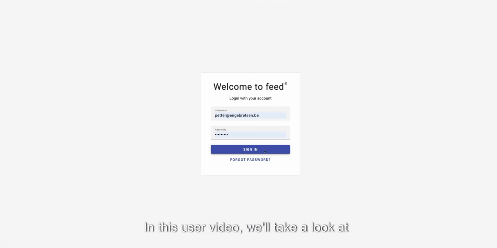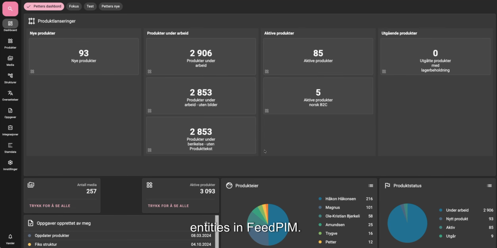In this user video, we'll take a look at entities in Feed PIM. Entities are a type of data object that you can model yourself. While products have a fixed structure, entities are flexible building blocks that you define to organize information beyond the product itself. You decide what an entity represents, which attributes it should contain, and how it should relate to products and